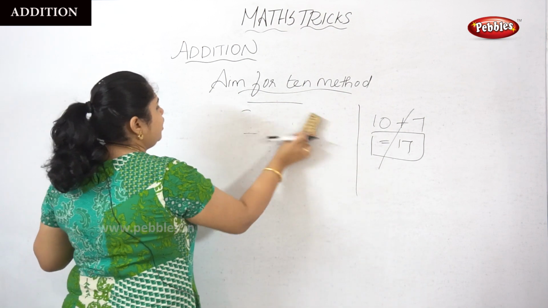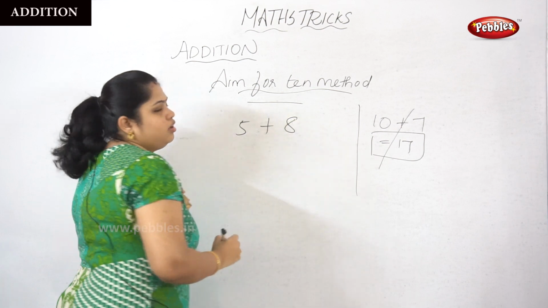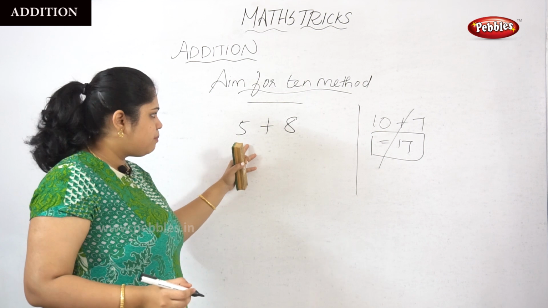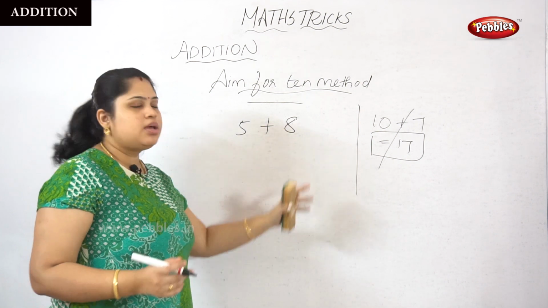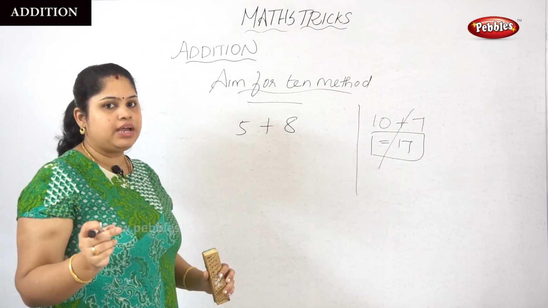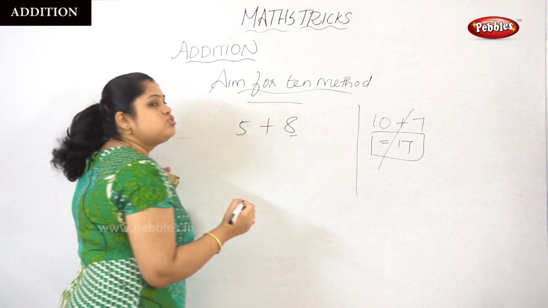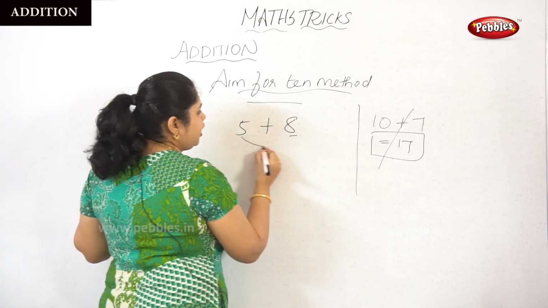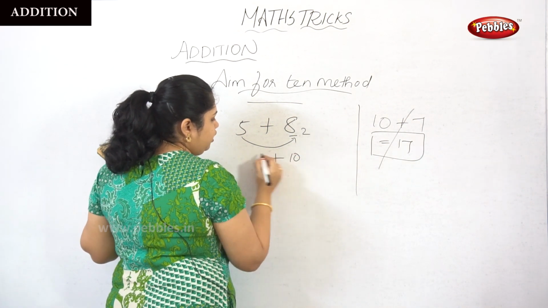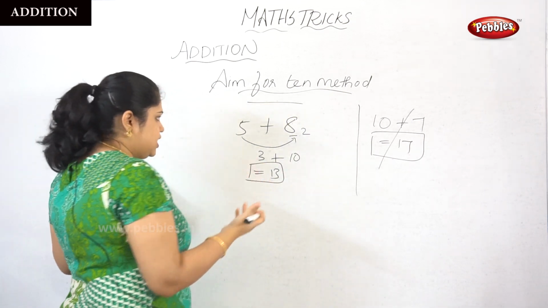So for example, take 5 plus 8. Just think, we can give the 5 to this number. Okay, because for the bigger number we would need one extra step to make a subtraction. It's a waste of time. Whereas here it is the closest to the 10. So if you give 5 to the 8, then it will become a 2, then it will become a 10, then it will become a 3, then the answer will be 13. So it will be very easy when comparing.